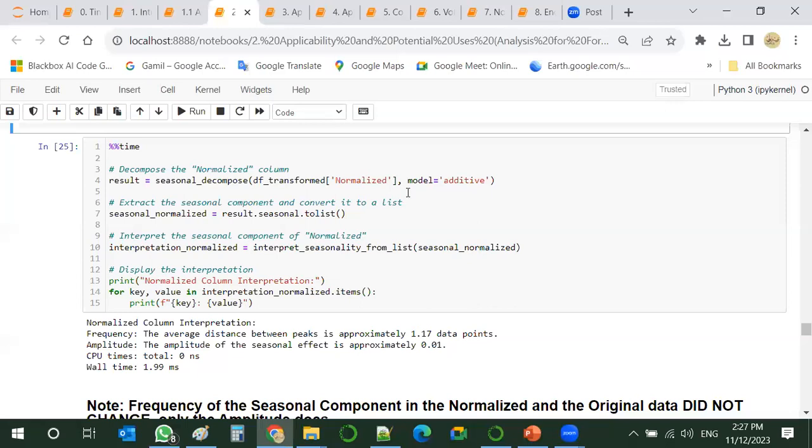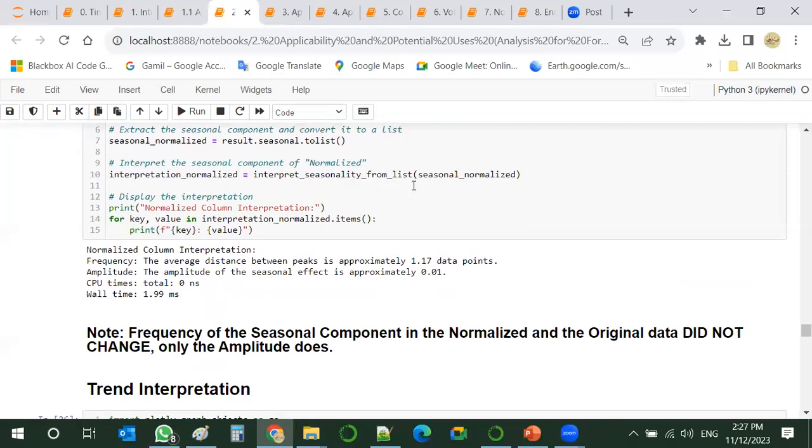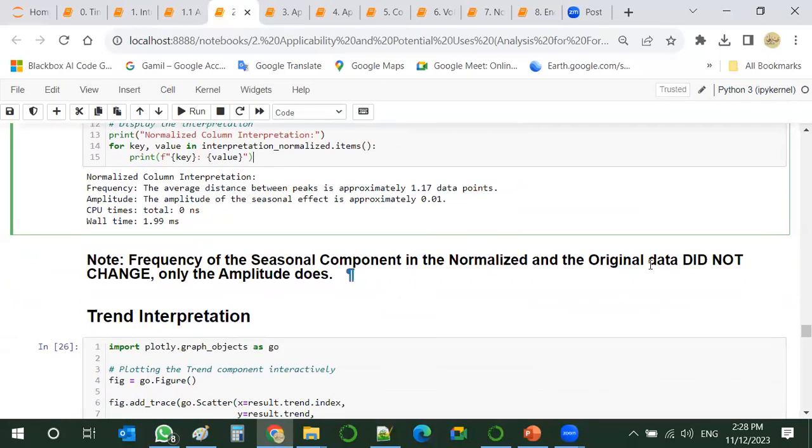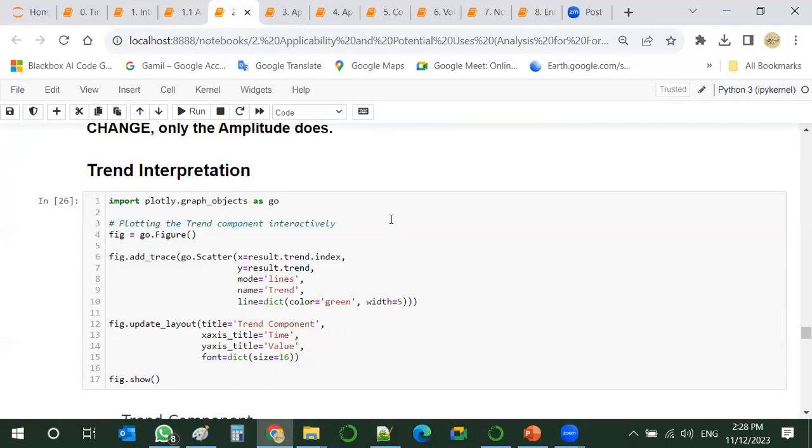So this is the normalized transformed data. And as you can see, the frequency of seasonality is the same, the amplitude has changed a little bit. So we noticed that there is no change between the original data and normalized data.